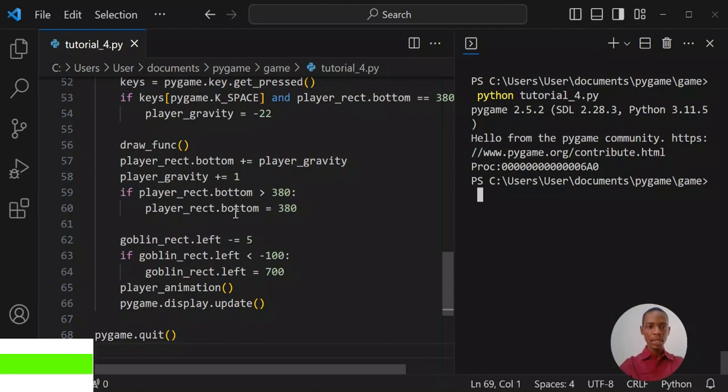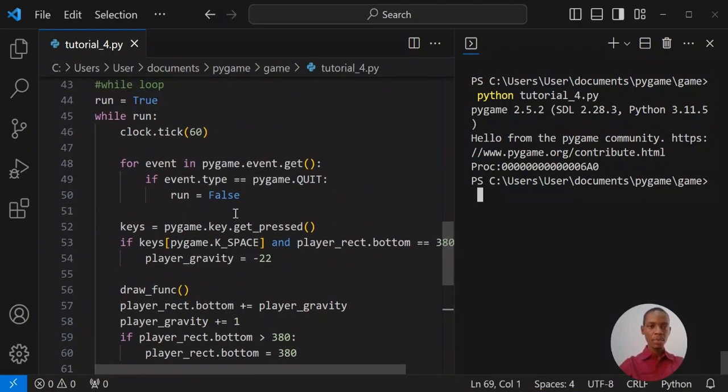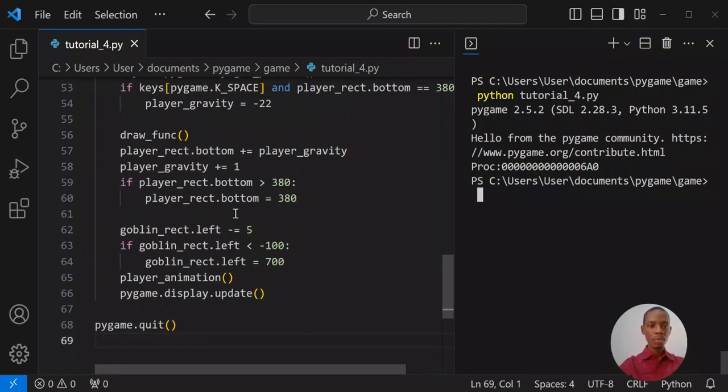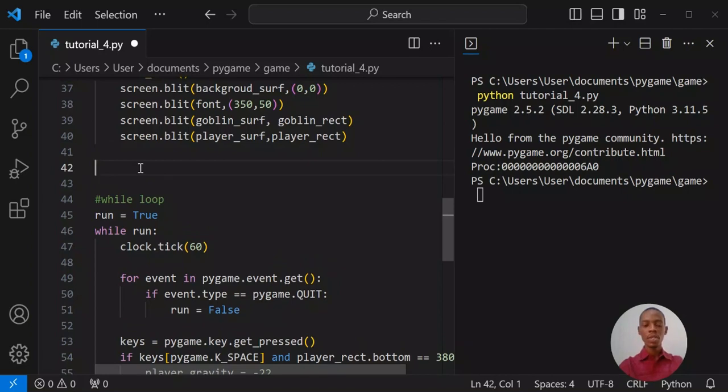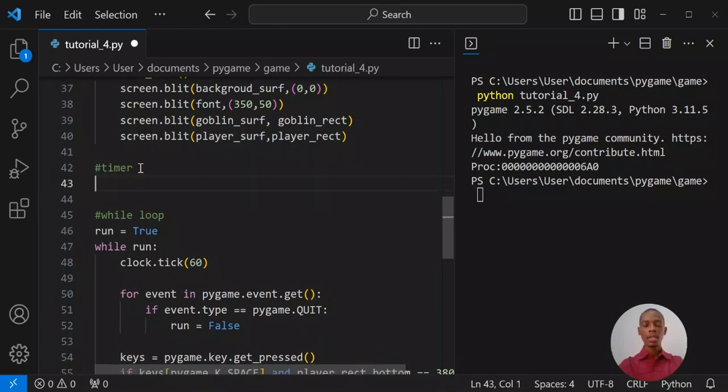I'm going to set a timer so that once that time is reached, it will spawn a new goblin. So I'm going to this place and set a timer for a new event which I'm going to create. It's not going to be a Python event. I think I should go here, timer, and then I'm going to create the event. I'm going to call it my enemy event. I'm going to generalize the term because I may not have only one enemy. So I'm going to say enemy event,